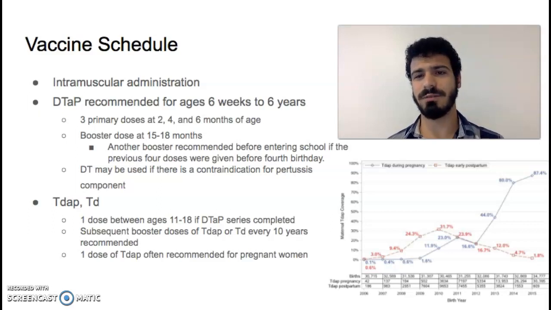And there's some flexibility with the schedule, but this is the recommended one. And DT may be used if there's a contraindication for pertussis. So that just removes the pertussis component. It's not very common, but